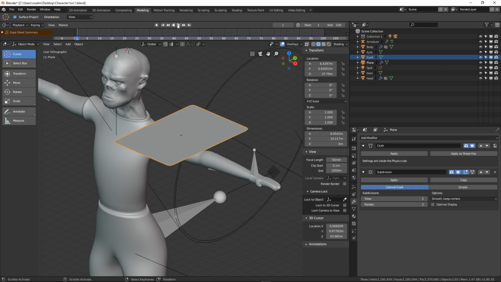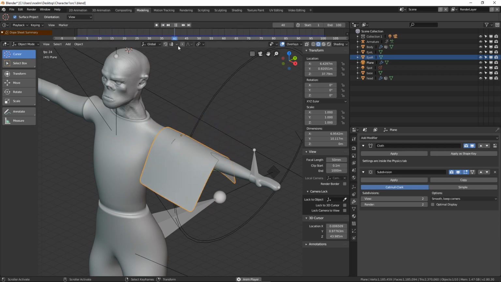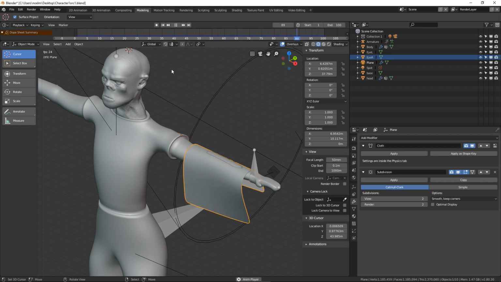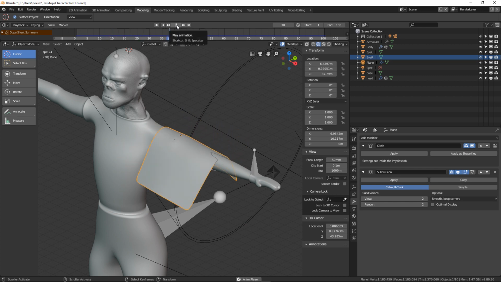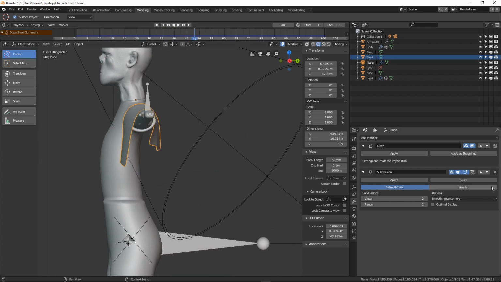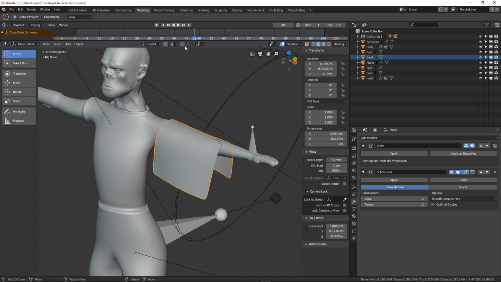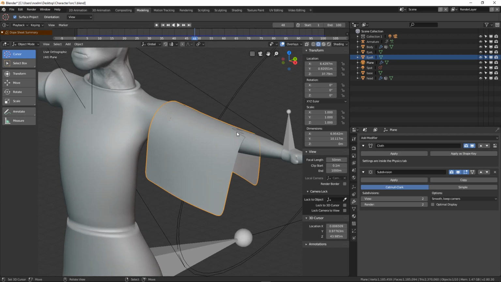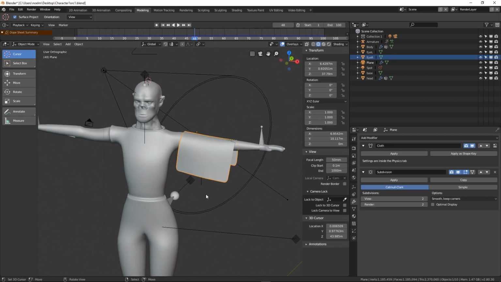So that's my simulation, and if there was anything in that I liked, I could keep it. And how do I keep it? Well, let's say I liked what I have here. This is just sort of a demonstration. Now I know there's some intersection here, but we won't worry about that too much. So if I wanted to keep this as a mesh,